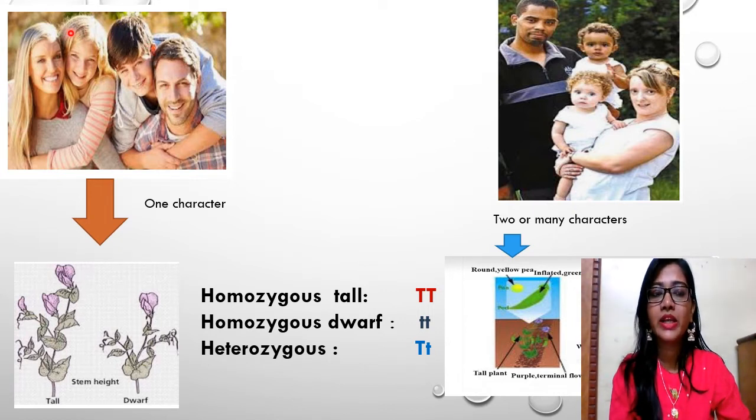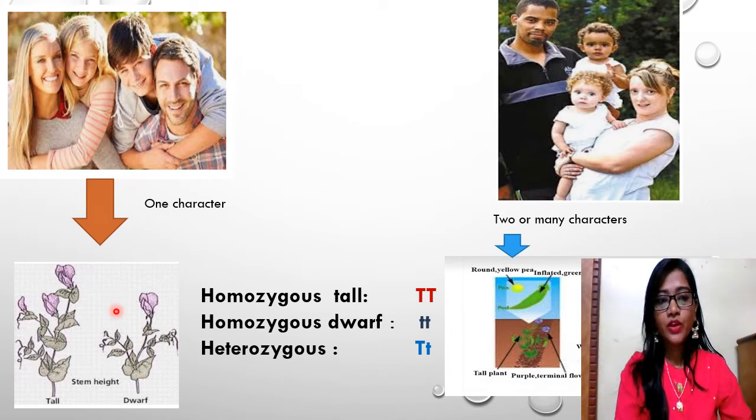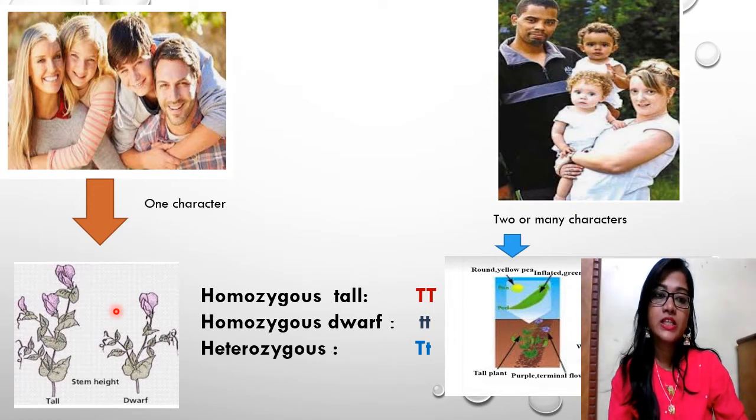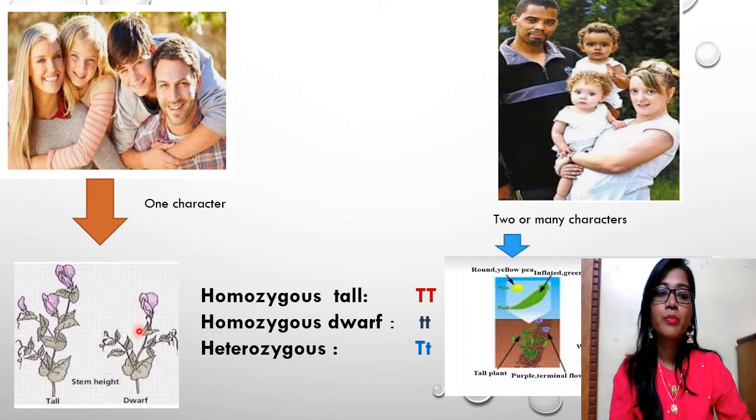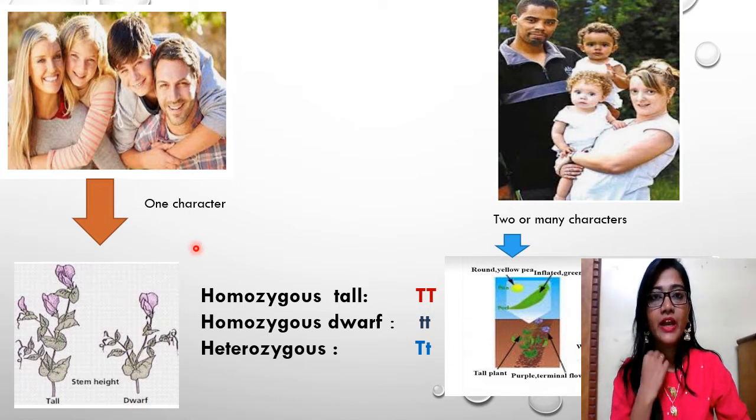In case of maternal characters, the maternal character is expressed in the F1 generation, as well as the paternal character is also getting expressed in the F1 generation. So if you consider one character, such as the color of hair, in the same way, in case of plants, we consider the height of the plant. If the plant is tall, that character can get expressed in the F1 generation, and if the plant is dwarf, that character also can get expressed in the F1 generation.